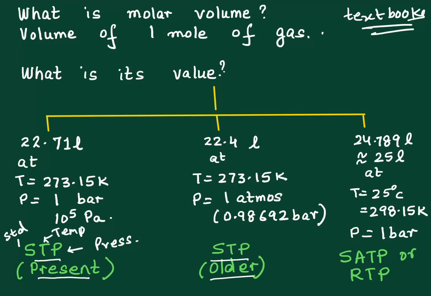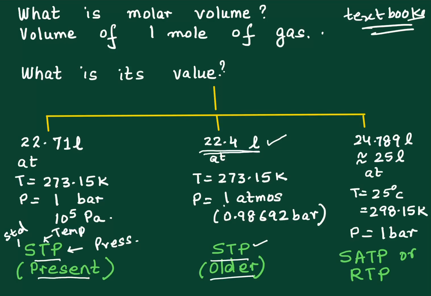Now, when I was doing my studies, so that was probably hundreds of years back, when we were in school, we were taught the molar volume at STP as 22.4 liters. And in some of the curriculum, they still continue with 22.4 liters. Now, you have to understand that when you see that the molar volume is 22.4 liters at STP, that means our pressure is 1 atmosphere.